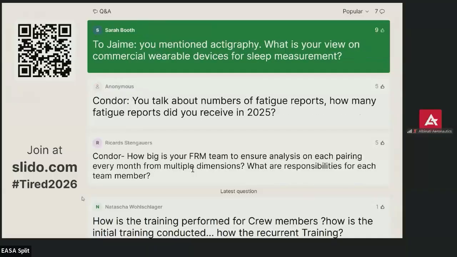We actually just recently published a review of the advantages and shortcomings of these consumer wearables, specifically for FRMS and aviation. So for the interest of time, I won't get into too many details, but please find me. I think at the end of the day, we still have some tests we need to run to show that they're working well enough. And then we need the regulators and the authorities to catch up with that guidance. For example, IATA's guidance on data collection is 10 years old. It predates a lot of these more modern wearables, and it overlooks the fact that the technology has